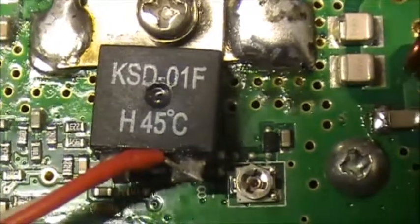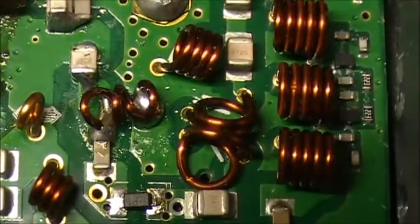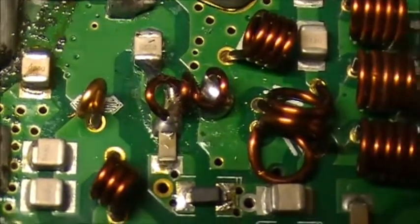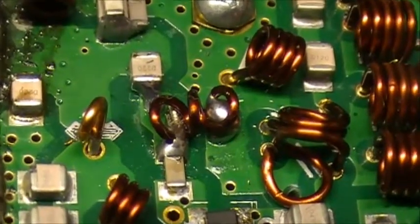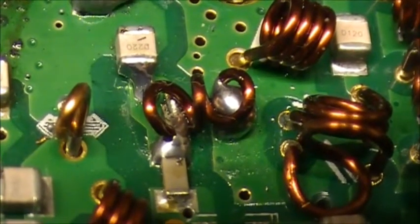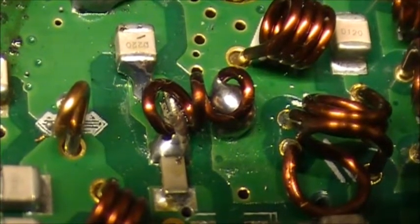KSD-01F 45 volt thermistor. The inductors are kind of strange, how they're done here. Very strange. Especially this one sitting on your screen. The solder, I don't know. Half the coil is full of solder, but I don't know how that coil there can work very